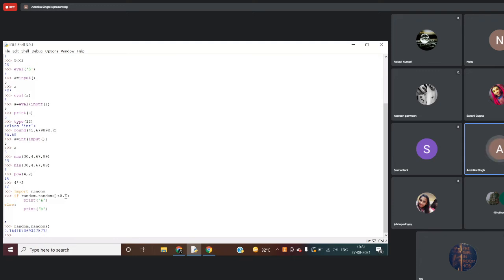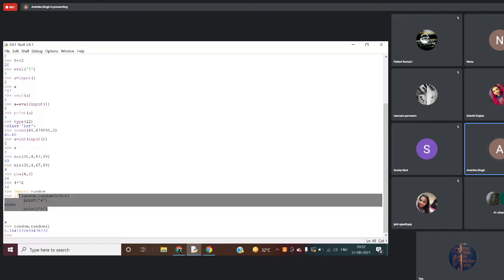It can change any number of times. You can never get the same value every time. So if it is less than 0.5, it is printing a.